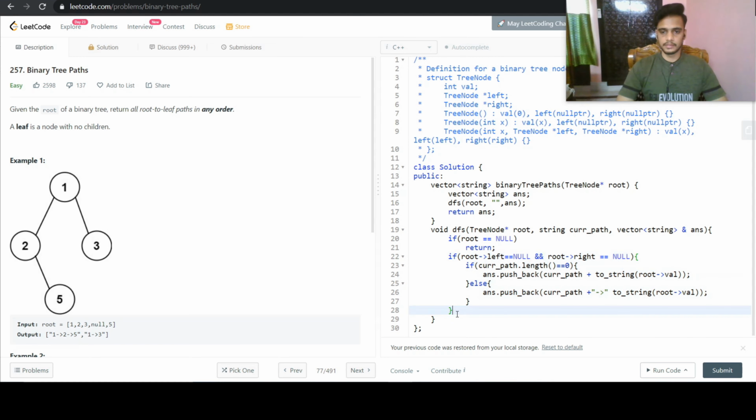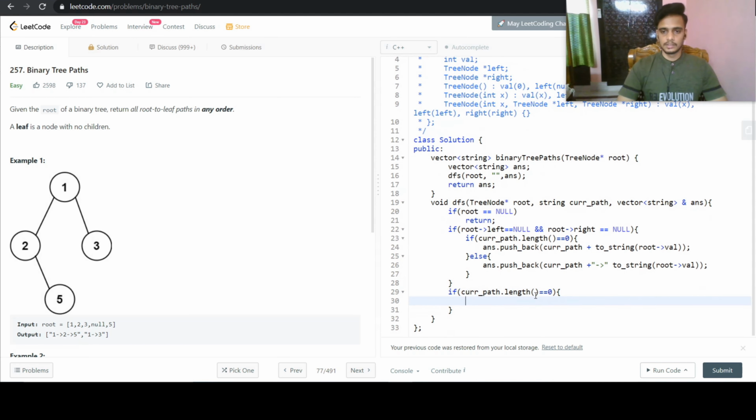And if it is a normal node, so then what we need to check is the same thing, same condition here also. If we have something in our current path or not, and here we will just do the DFS to left and right. So root left, and then the current path is 0.